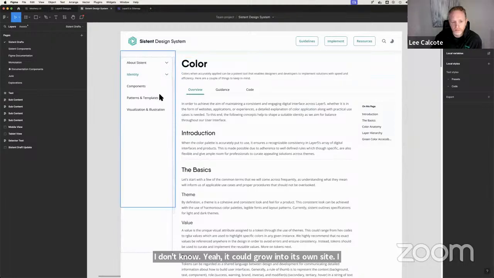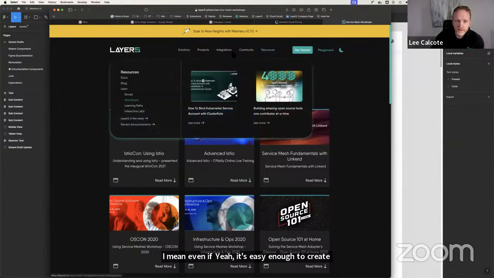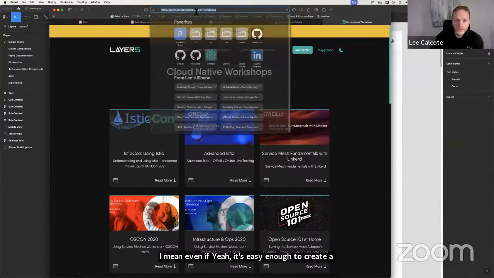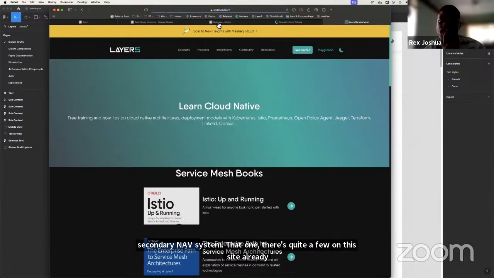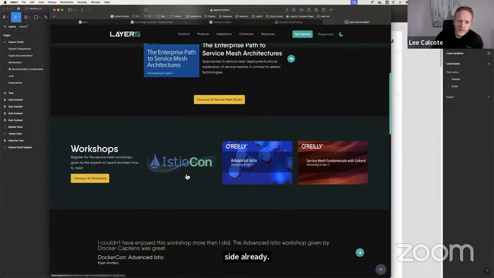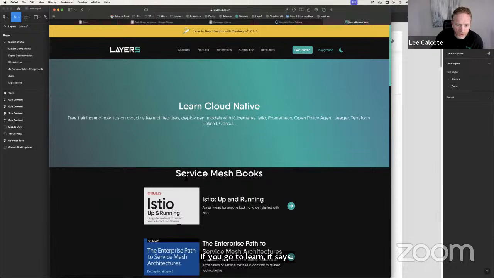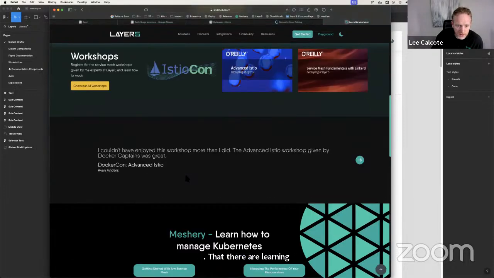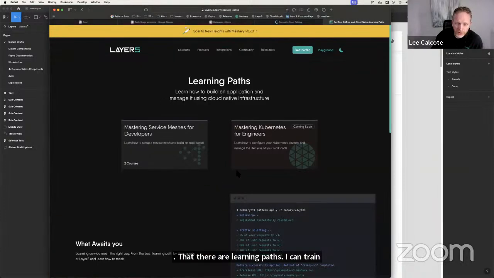There's a couple of different paradigms. I mean, it's easy enough to create a secondary nav system. There are quite a few on this site already. If you go to Learn, it says that there are learning paths. So if you go to learning paths, there's a choice between two.